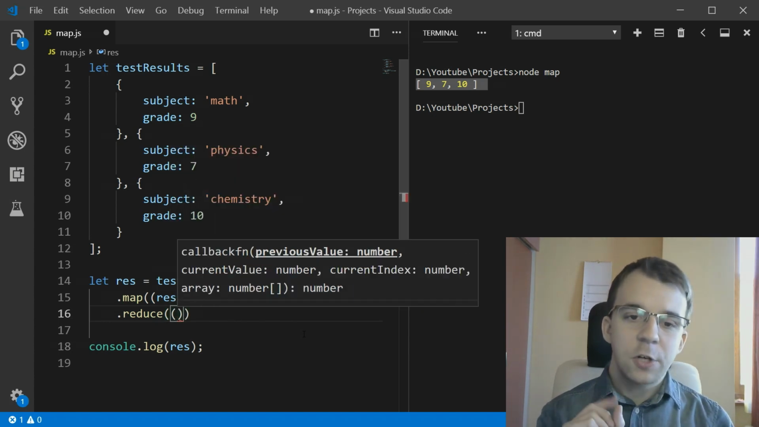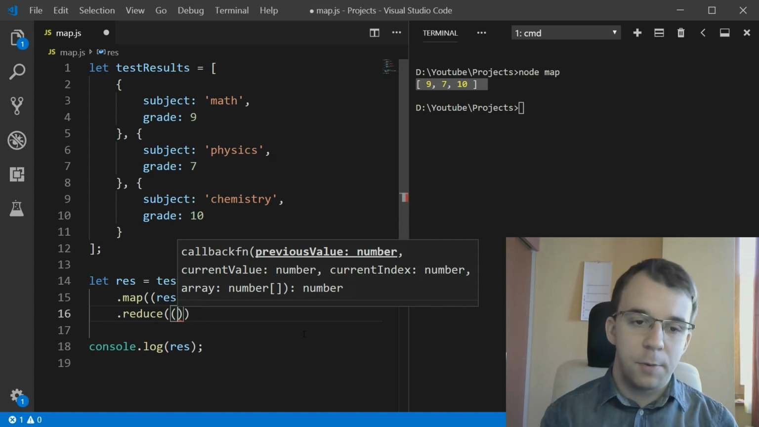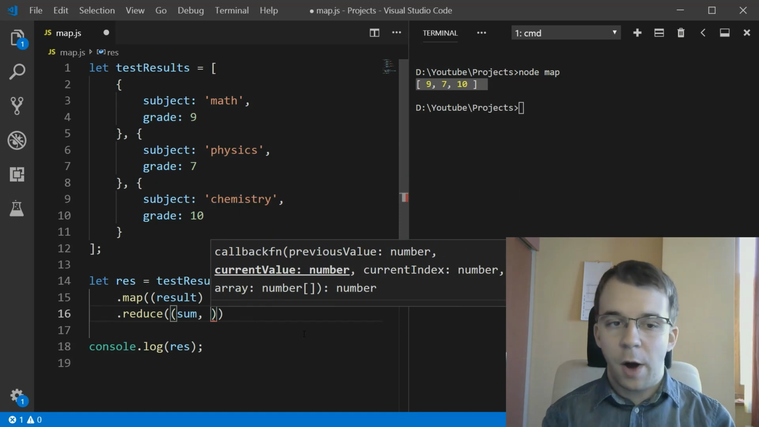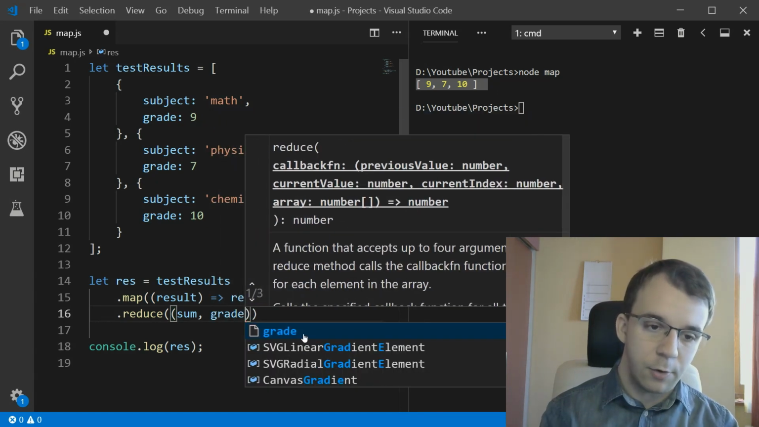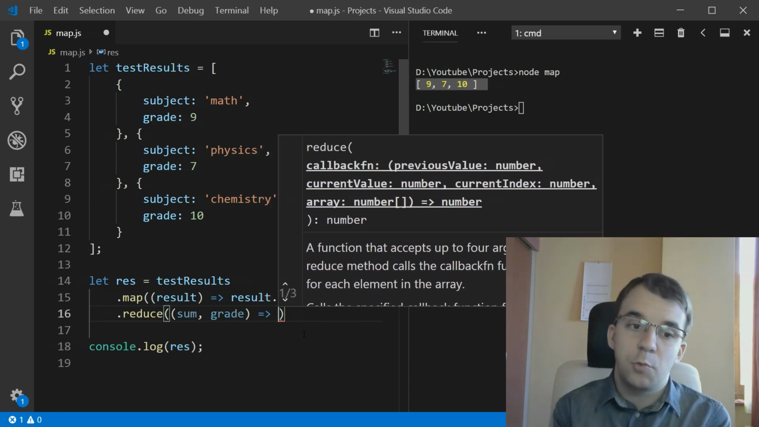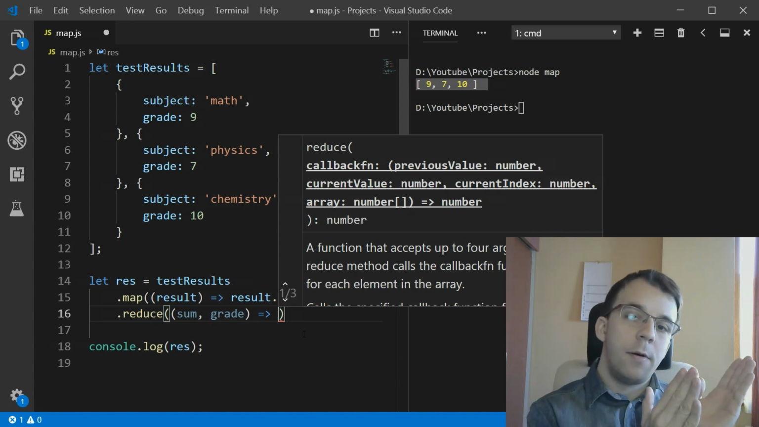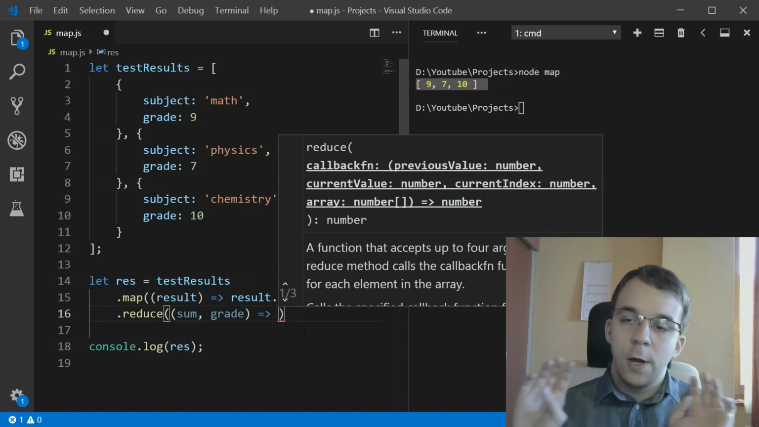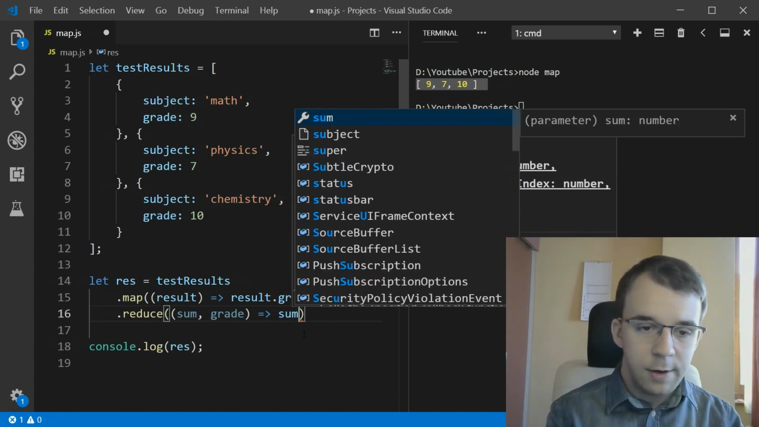And in that arrow function, this requires two parameters. The first one is the previous value, which is, in our case, the sum. And the second one is the current iterated value, and that's our grade. So you can just say grade. And as a result, we just have to add to our sum the current grade. That's all. We don't have to square anything. We don't have to do any sort of operations. We just say sum plus